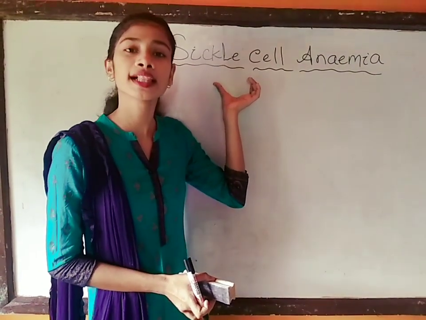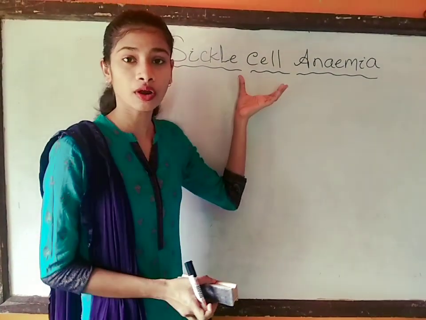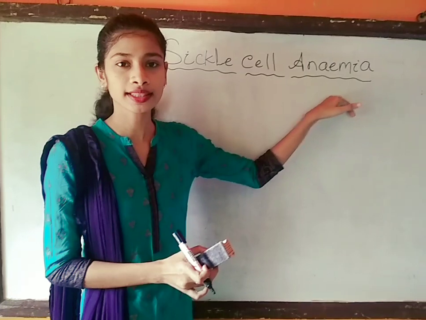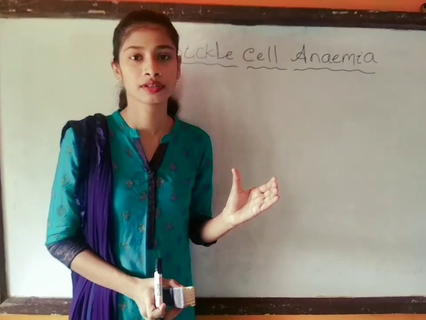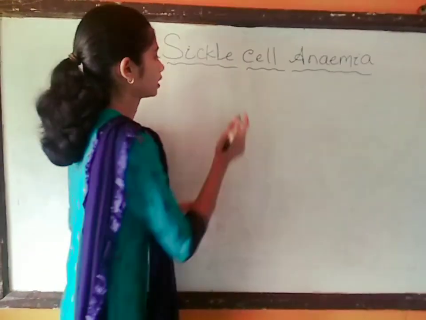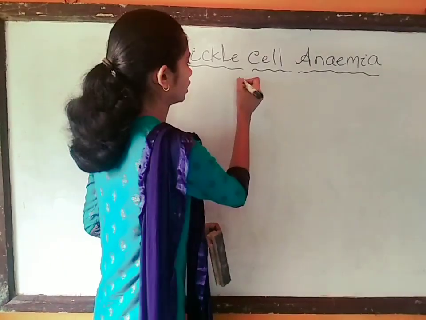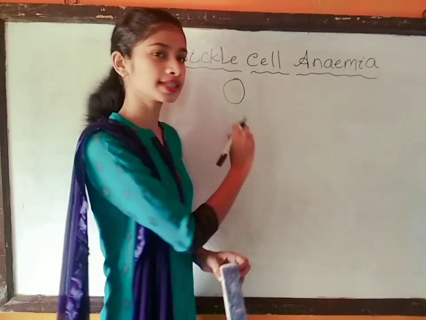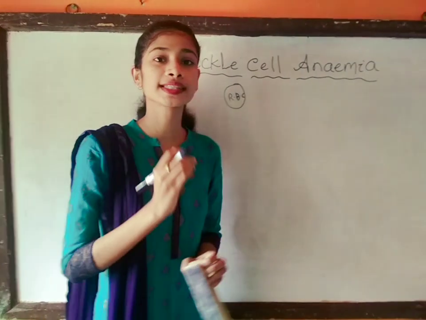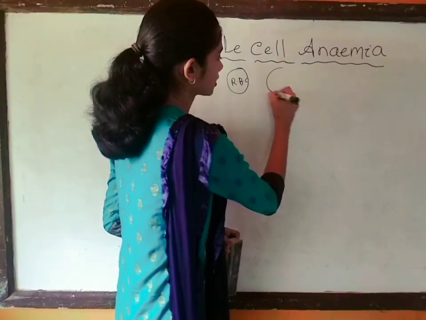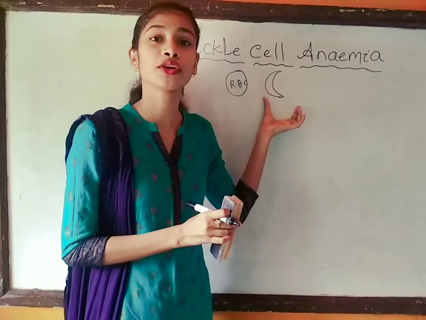Before that is sickle cell. You know what is a sickle? The sickle is used by farmers to cut crops in the crop field. So that is sickle cell anemia. In this case, the RBC found in the blood will be sickle-shaped. Usually the shape of RBC is circular or oval, rounded, spherical. But in sickle cell anemia, the shape of RBC becomes sickle-like, like this. You know this shape, just used in our day-to-day life, the sickle.